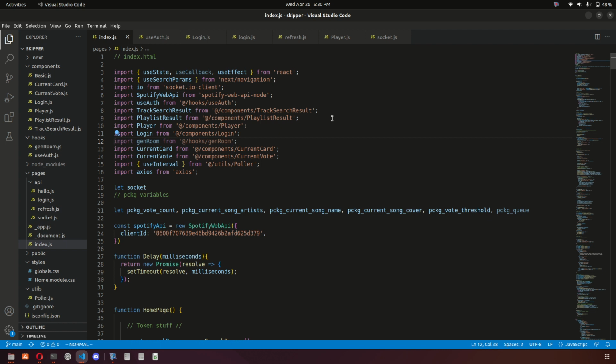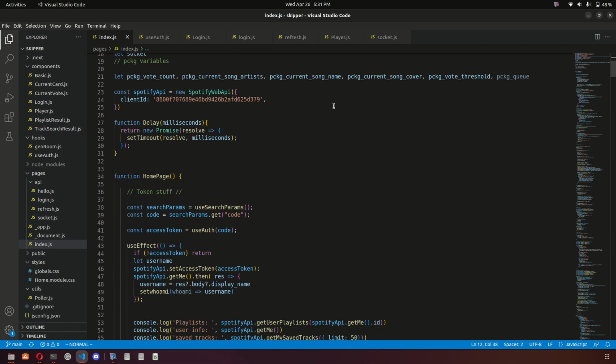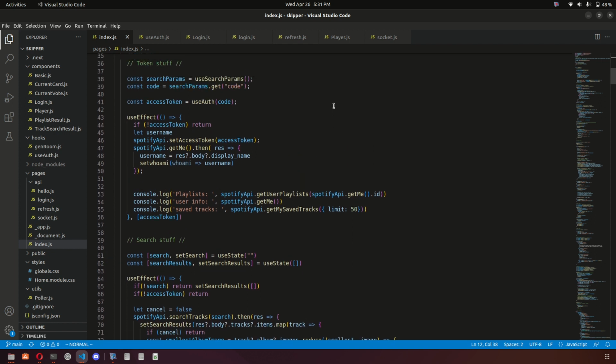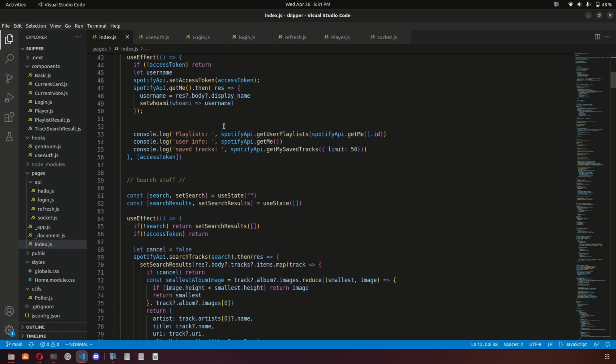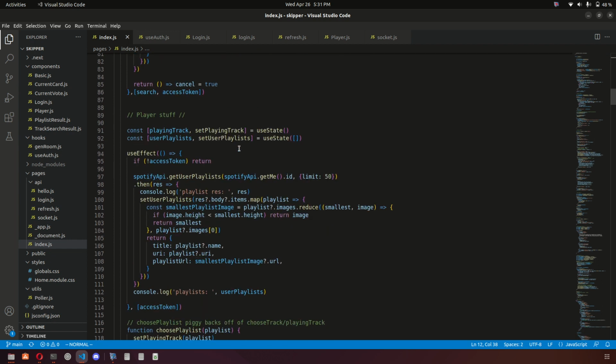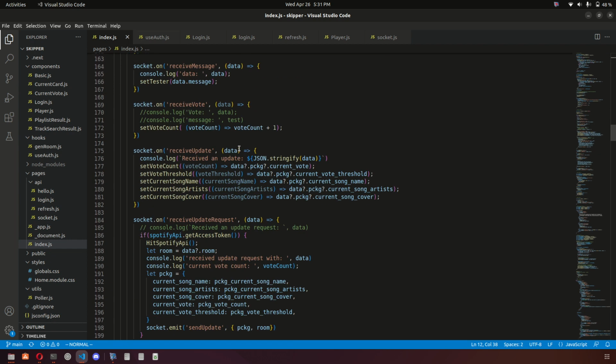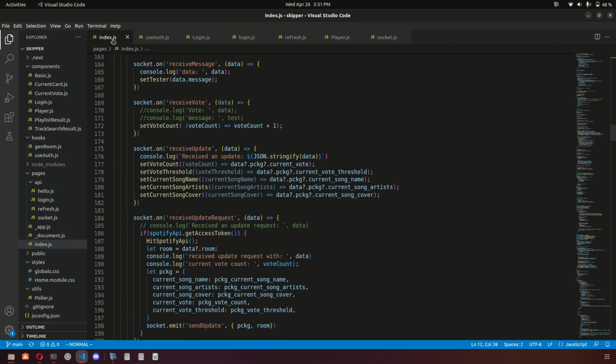So just a reminder, I am interfacing with Spotify's web API, which uses OAuth 2, and that was the first challenge I faced when making Skipper. Over here is where I'm handling token stuff on the front end. So if you don't have it, then let's get it. I believe in useAuth. So if we look for that,